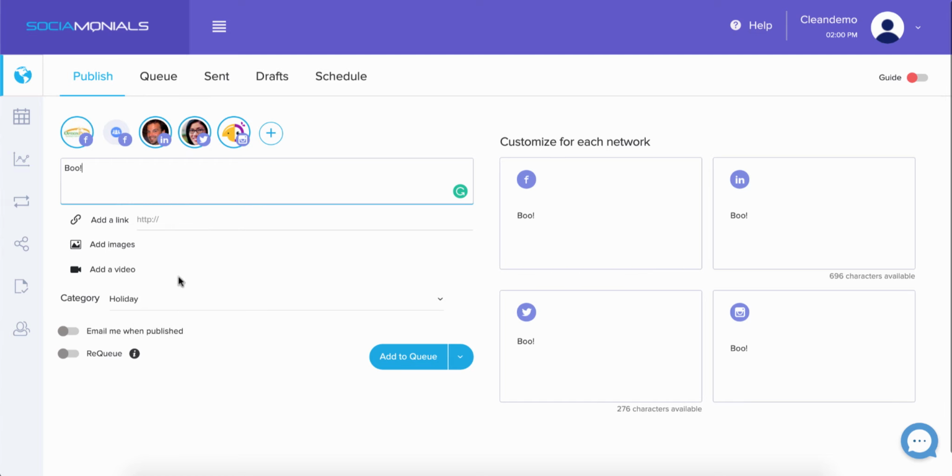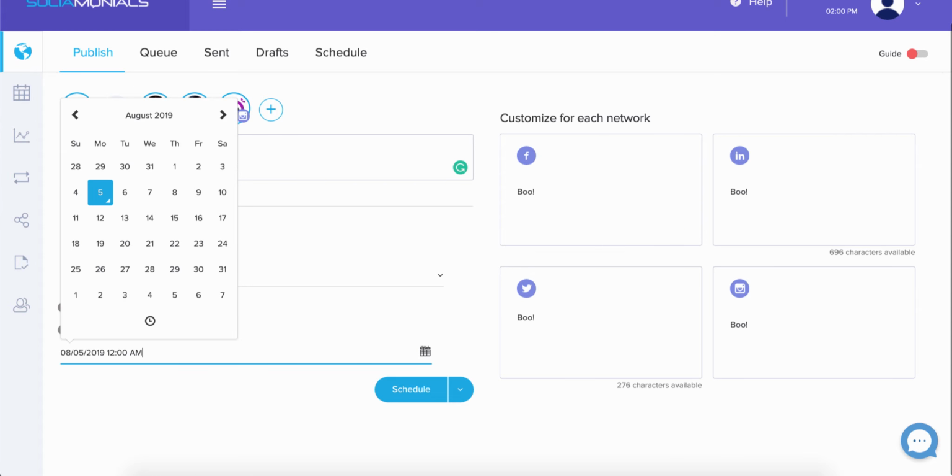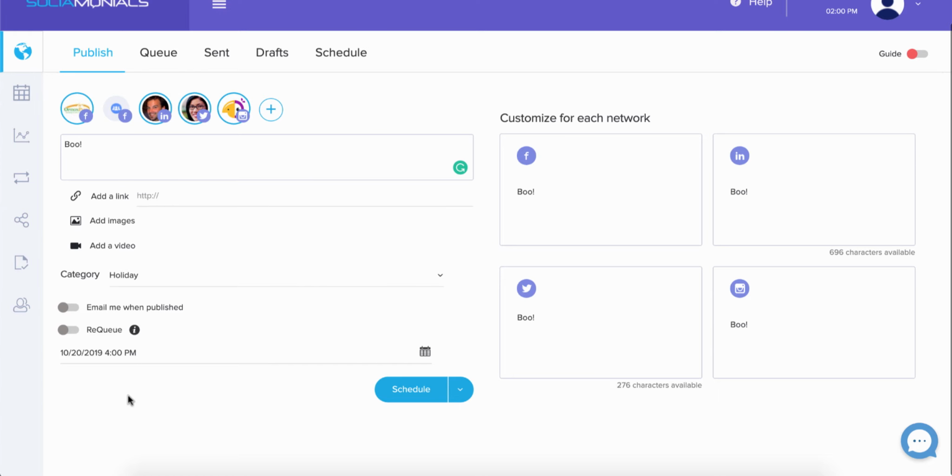We would add any links, images, or videos, and here's where it gets cool. We do have a queue and a requeue feature, but for this, you can create what I consider a hybrid post, and this is unique to Socialmonials. I can create a scheduled post that doesn't start until October 20th, and whatever time I want to start it at. So let's say we want this to go out at 4 p.m. So what will happen here is no posts will go out until October 20th. And on that day, my boo post will go out to all of the networks, and it will start to re-queue when I select this